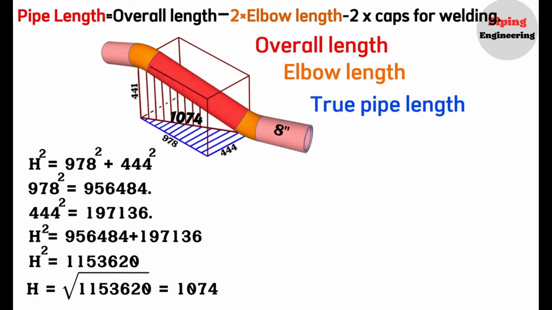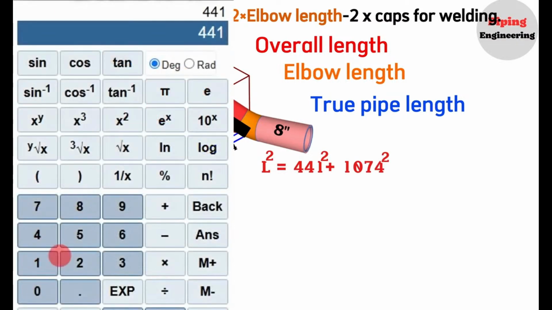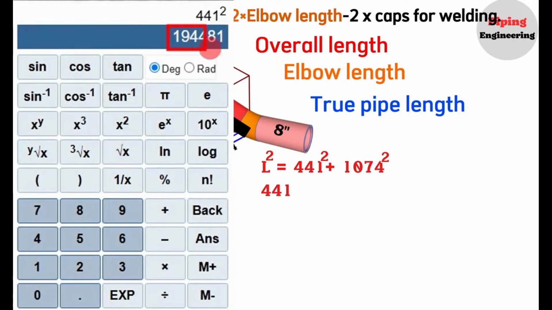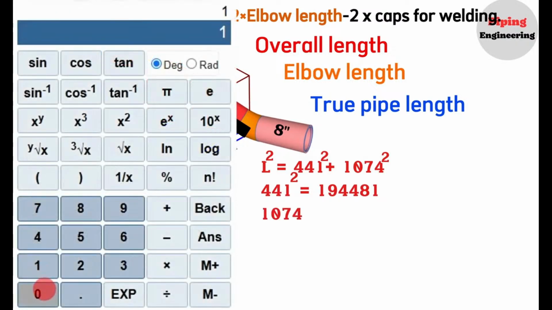Now, let's label the hypotenuse of the vertical dashed line right-angle triangle with the letter L and calculate its length. To find this hypotenuse, we will use the Pythagorean theorem again. According to the Pythagorean theorem, the square of the hypotenuse L will be equal to the sum of the squares of 441 and 1074. Using a calculator, we calculate that the square of 441 will equal 194,481. And the square of 1074 will equal